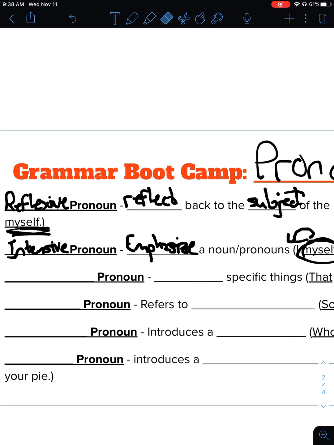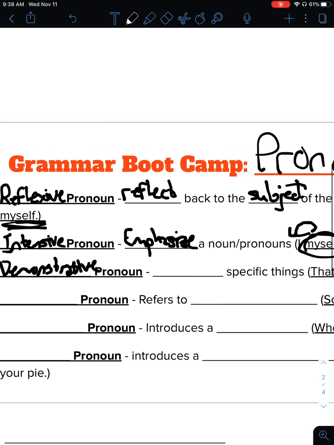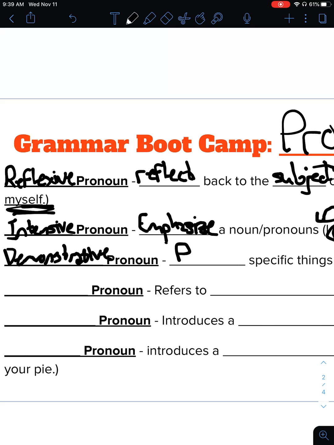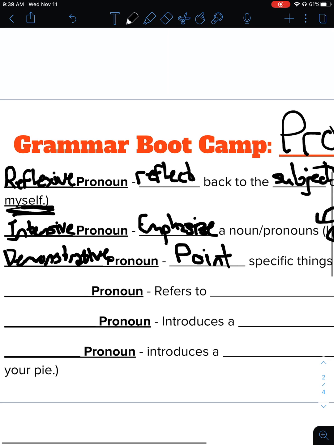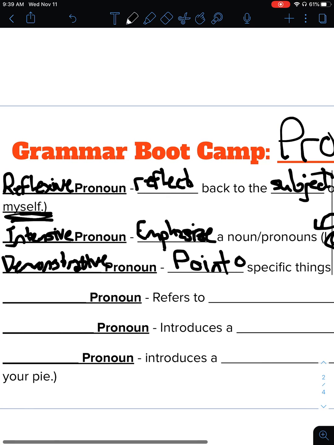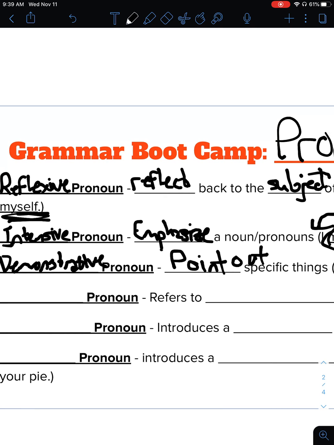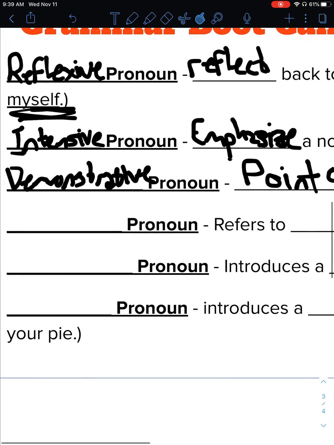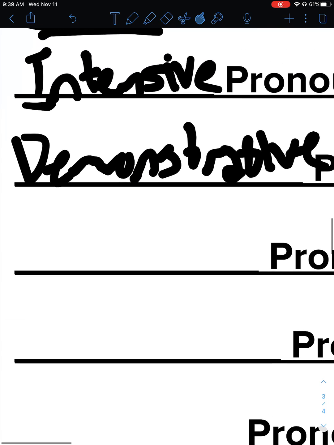Okay? Then after reflexive and intensive pronouns, you have what we call demonstrative pronouns. And these quite simply point out specific things. That thing there, this thing here, those things there. They're pointing at it. So when you look at demonstrative pronouns, you know that they're pointing to something. Okay? Then after demonstrative pronouns, we have what we call